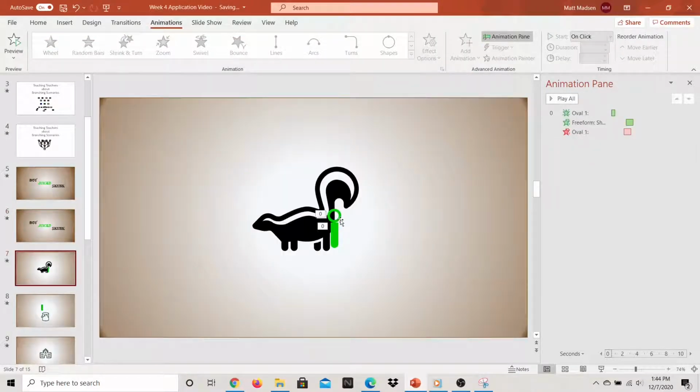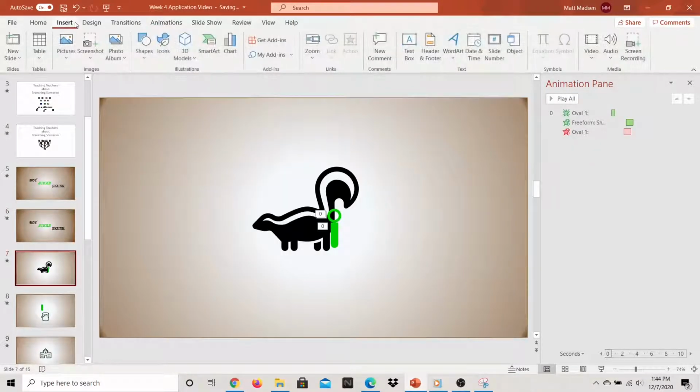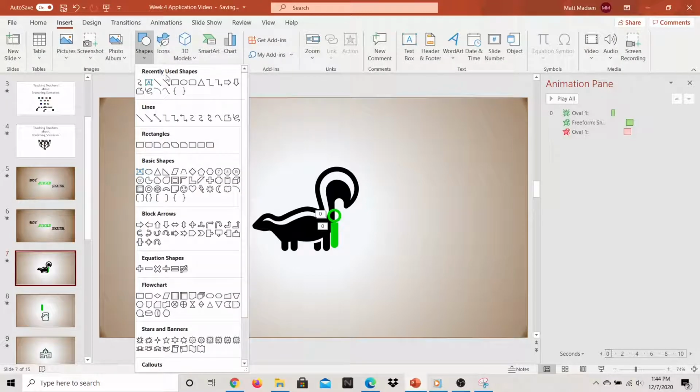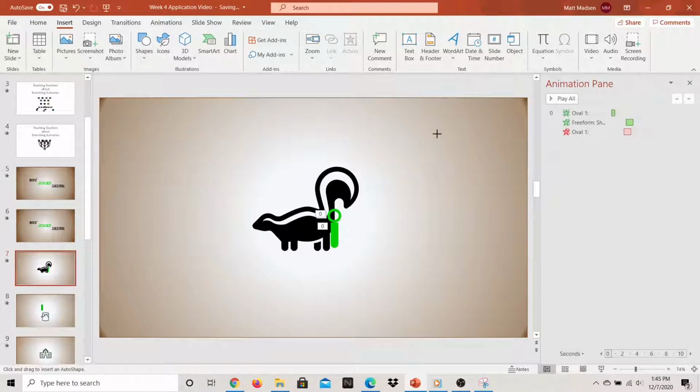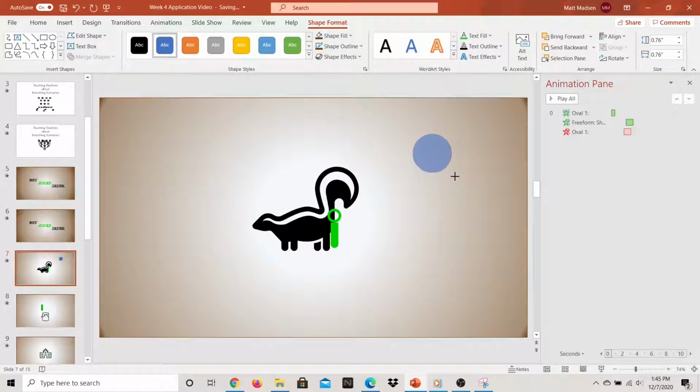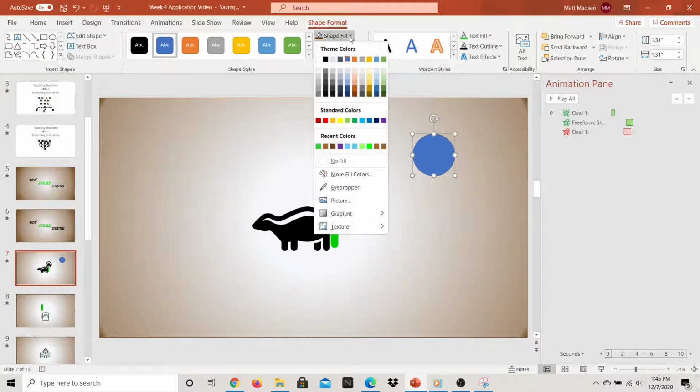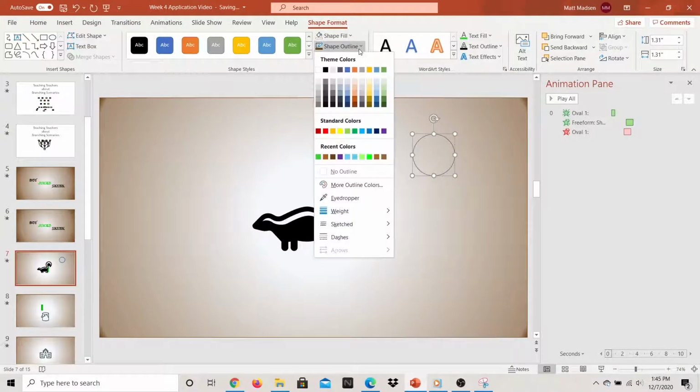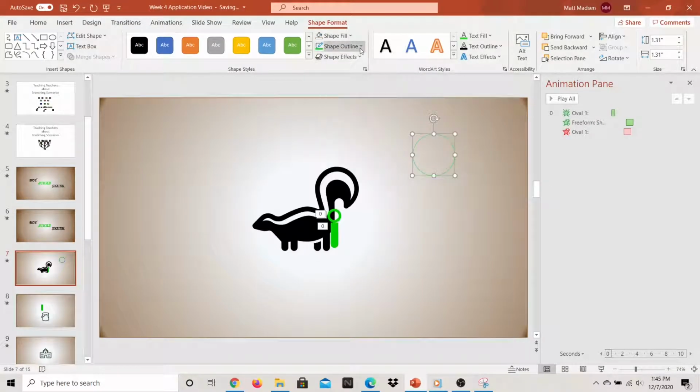The stink sack marker is made with an oval shape taken from the same menu as the rectangles I've been using. Ovals can be as wide, thin, or long or short as you want, but if you want the shape to stay a circle, hold down Shift, click and hold some point on the slide, and then drag out to expand. The circle can be resized later. On this circle, I set the fill to no fill. I changed the outline color to the same green I used earlier and increased the thickness of the line